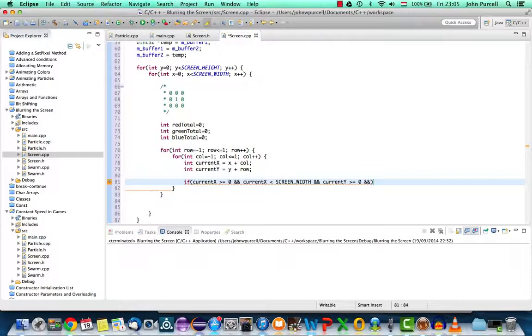and as well, current y must be less than screen height, and if so, we can go ahead and get the colour value